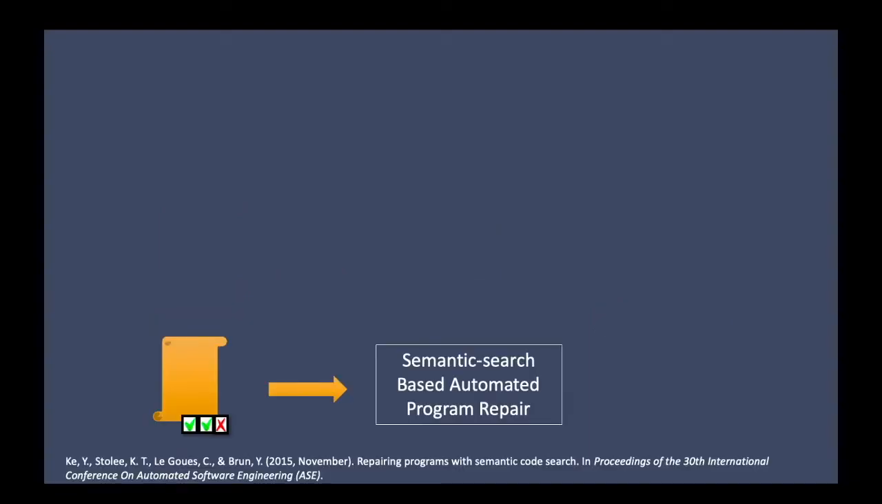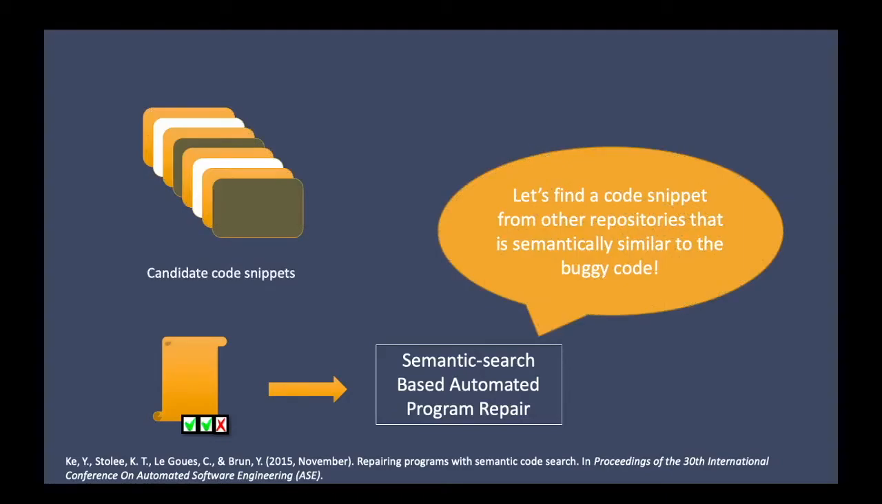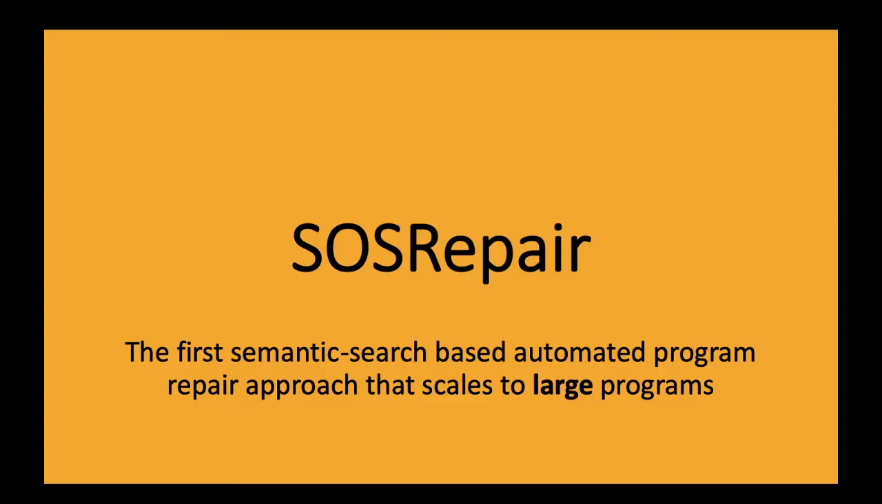Semantic search-based repair approaches take advantage of the redundancy of human-written code and search for semantically similar code snippets from other repositories to patch the program at a higher level of granularity, which is shown to generate higher quality patches on small programs. Here we introduce SOSRepair, which is the first semantic search-based automated program repair approach that scales to